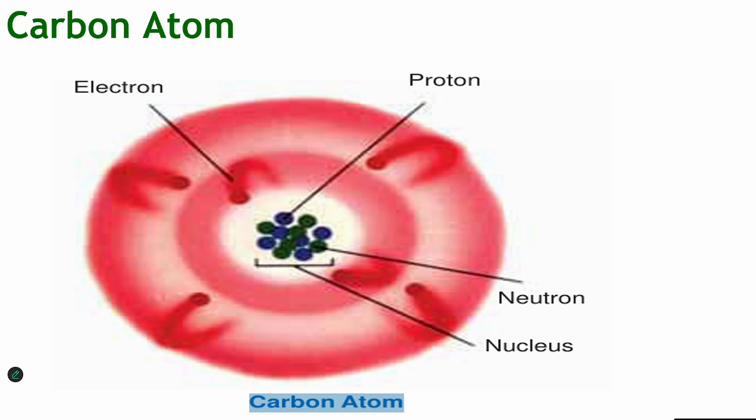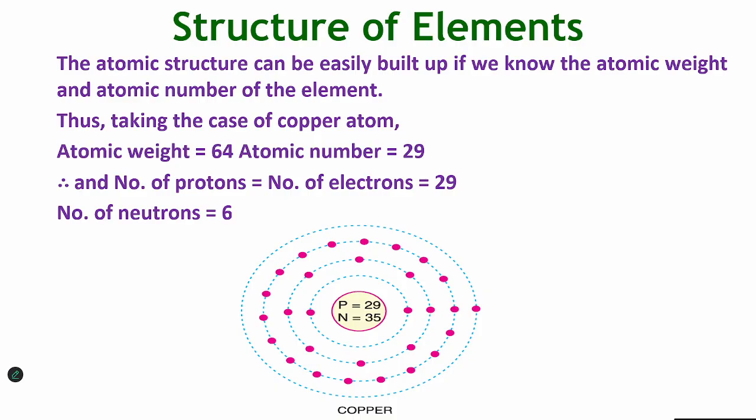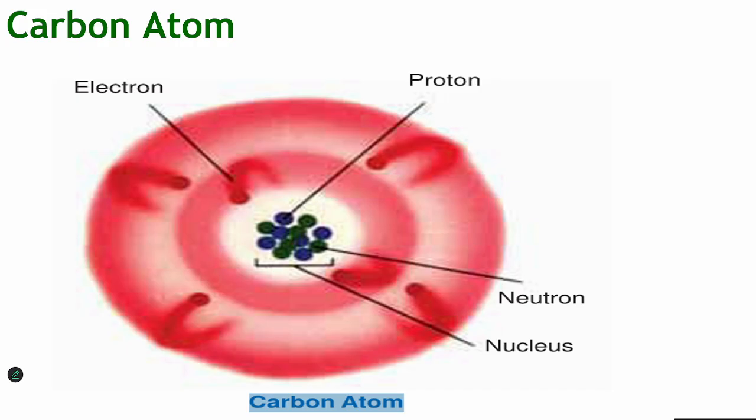If you see the carbon atom, what is the atomic number for carbon? Six. Six means in the first orbit you have 2 electrons, and in the second orbit you have 4 electrons. The first orbit is a stable state, so we can't do anything with it. Anything we want to do, we can do with the 4 electrons. All the electrical, physical and chemical properties depend on these 4 electrons.